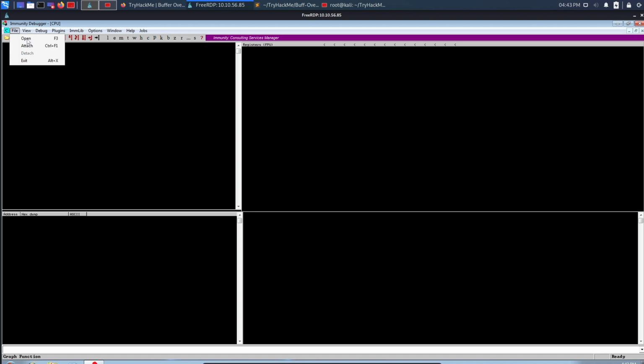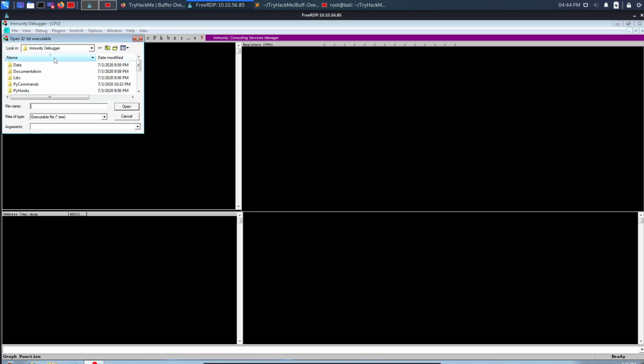Now I like to use open, because if you made anything wrong or if you need to restart it, you don't need to go back and restart the Immunity Debugger. We can only restart the application. So that's why I always like to open that executable. So I will go to my desktop, vulnerable apps, OSCP, and this executable. So if I click on open,